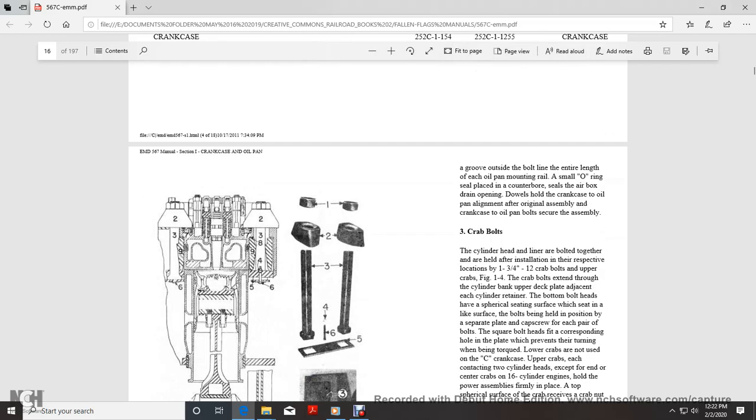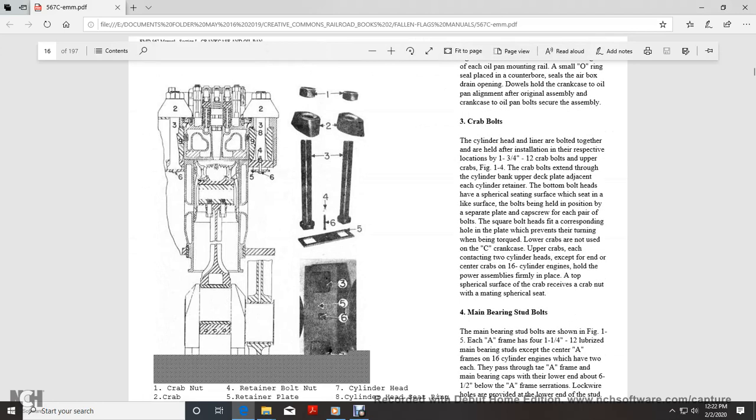The crankcase oil pan bolts assemble with the crab bolts, cylinder head and liner bolts, which are held after the insulation at the respective locations, 1 3/4 of an inch, with the 12 crab bolts and the upper crab bolts, shown in figure 1-4. The crab bolts extend through the cylinder bank and the upper deck plate adjacent to each cylinder retainer, with the bottom of the bolt heads over the head of